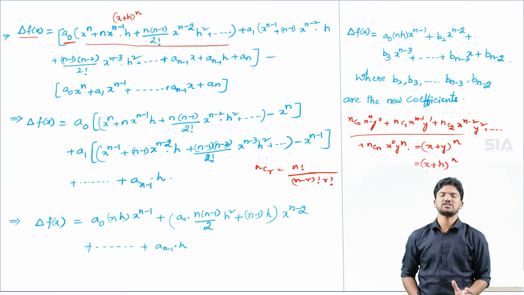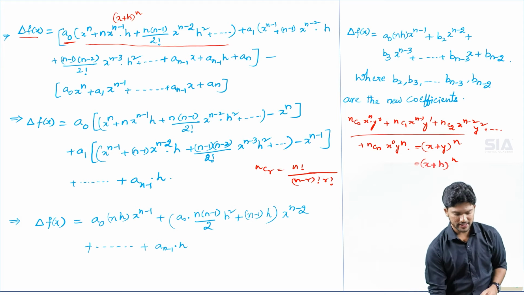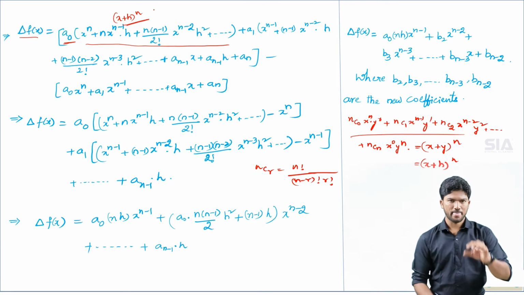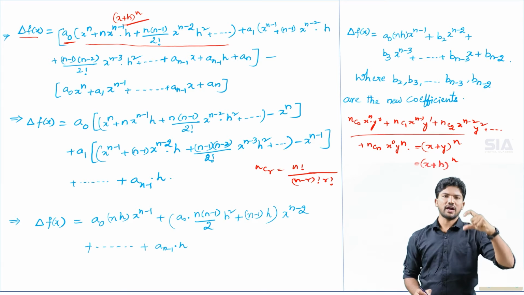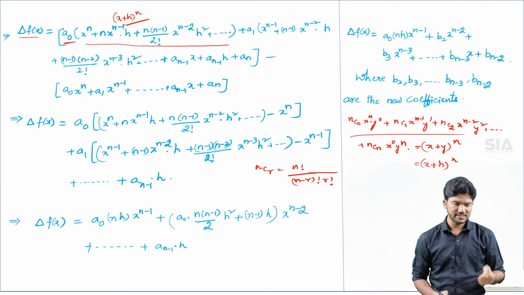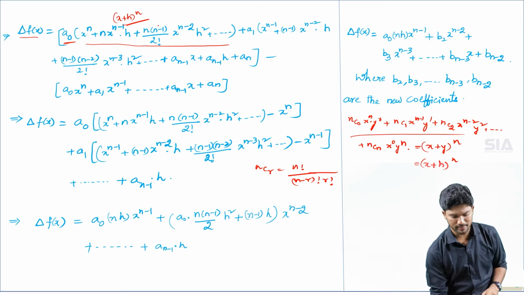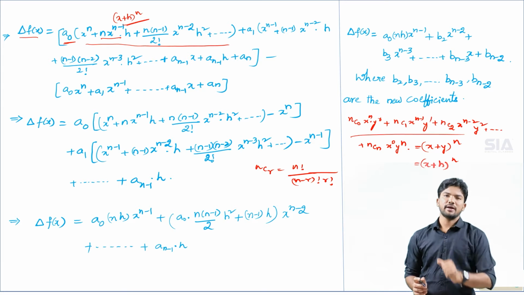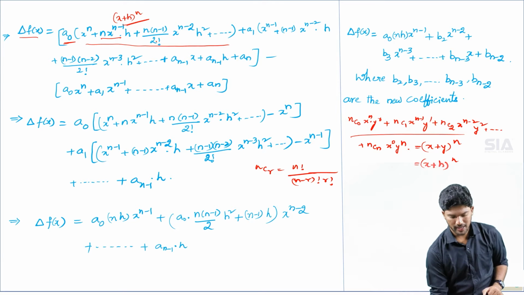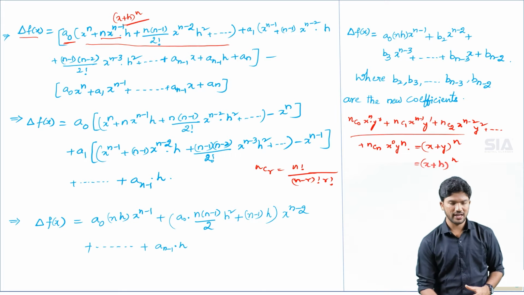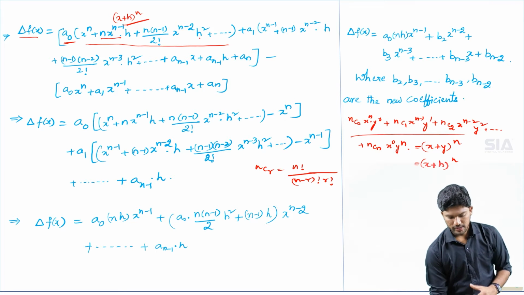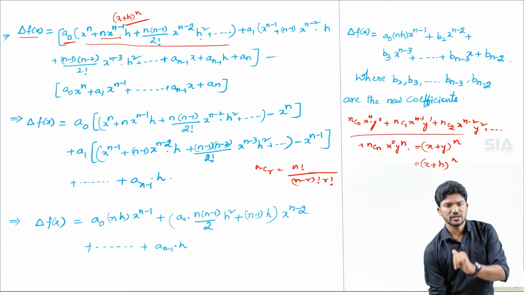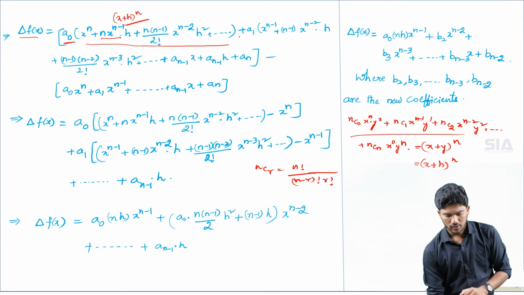This is the formula for the coefficient of the binomial expansion. By using them you can expand the first term, only the highest degree variable. So therefore (x + h)^n, we are expanding the binomial expansion. Therefore x^n + n x^(n-1) h + n(n-1)/2! x^(n-2) h^2. Okay, so that is the first expansion, plus a1 into